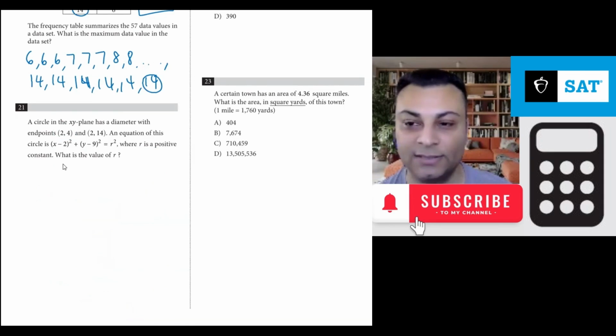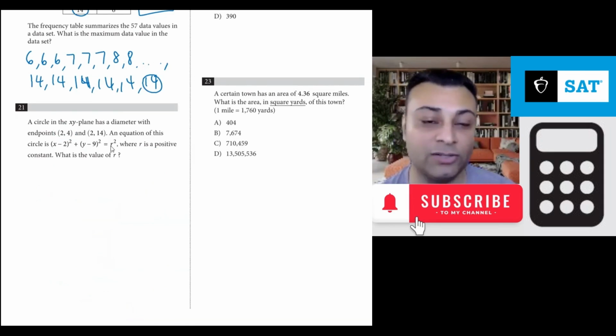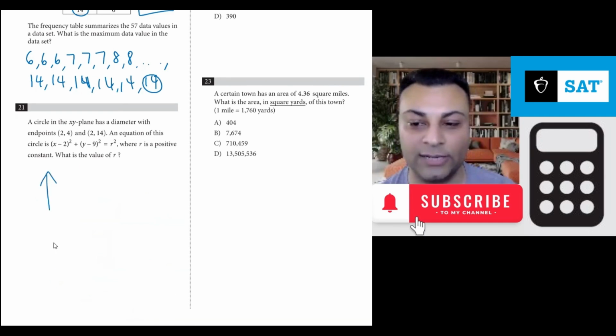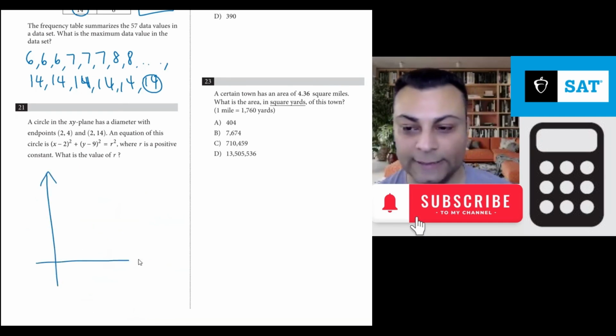And that is this. So we have to know that r is the radius of a circle, and the center of the circle is (2, 9), but the endpoints are (2, 4) and (2, 14). So let's go with that. Let's put it over here. Here's 2. Let's say here's 4. Not drawn to scale. Here's 14. So here's (2, 4), and here's (2, 14). And the circle has these endpoints, so a circle will look like this